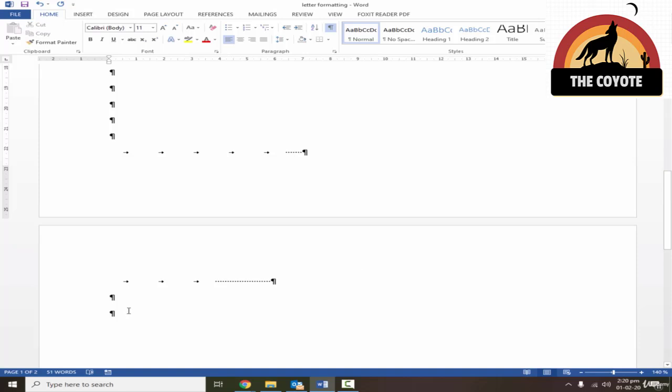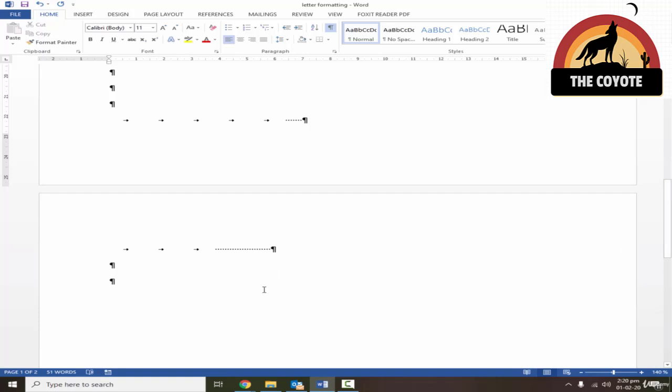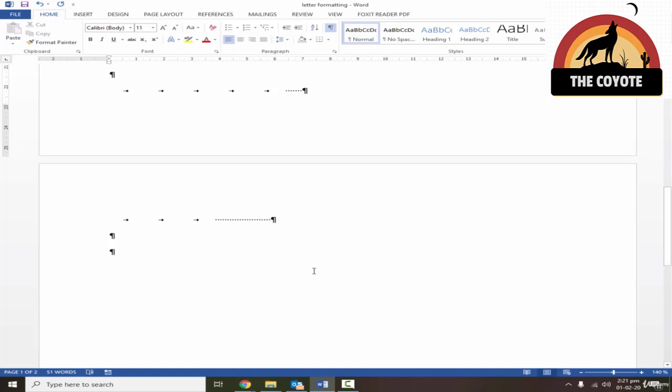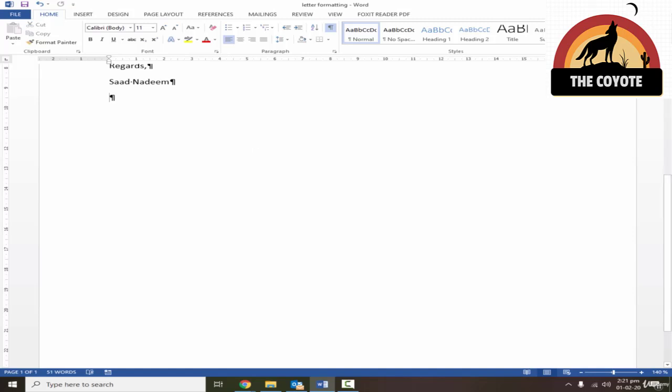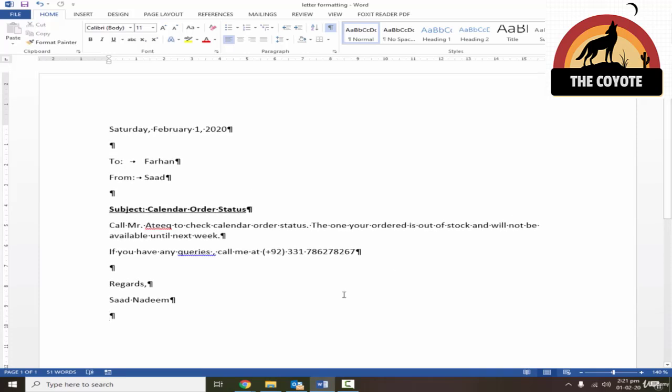Now that means whenever you have a confusion, that I'm trying to remove this second page from the print but it is not removing, just enable this option, and then you can see all the characters. You can just manually select up to the top and just delete it. Now let's see, it comes under one page. Similarly, between the document, if you want to remove some spaces, you can also do that.